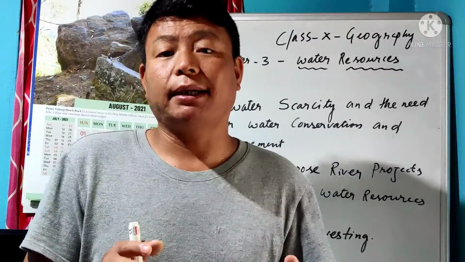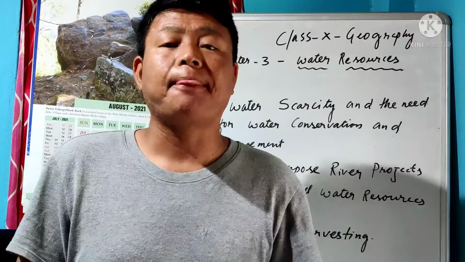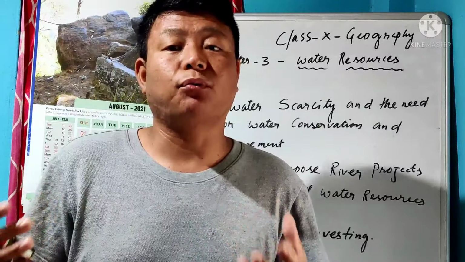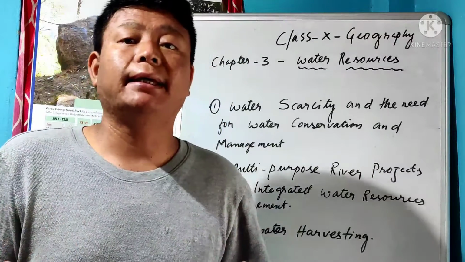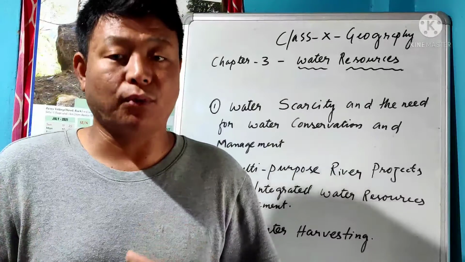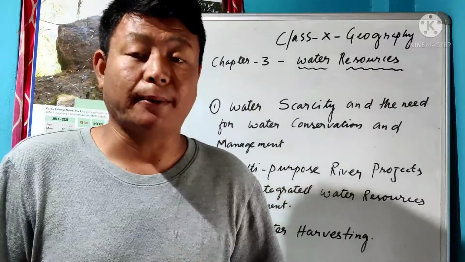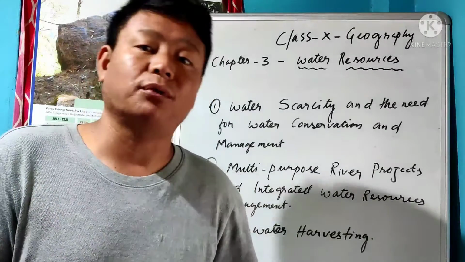If you see in Rajasthan and the Gujarat area, the women have to take pots of water, and they have to cover at least 3-4 kilometers in a day to fetch water. So the water is not sufficient for each and everyone. Though water may be abundant, that water is not fit for drinking.